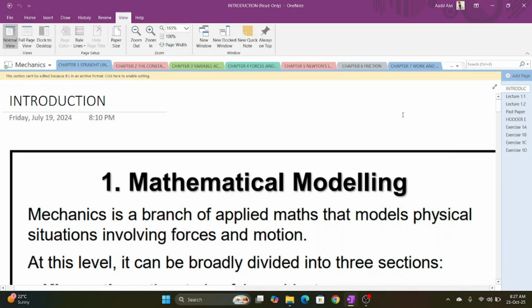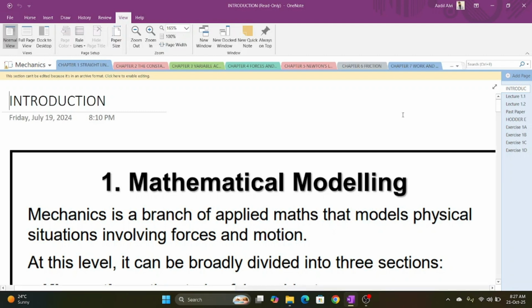Welcome to ASTC. This is Cambridge A Level Mathematics 9709 Mechanics. So today we will be starting with the introduction of mechanics and what mechanics is all about. Our first subtopic is mathematical modeling. Before we go deep into the concept of what mathematical modeling is all about, let's first understand what